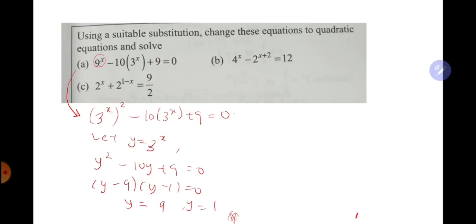No, not yet. Earlier we let y equals 3 power x. We want to solve for x, not y. So since y equals 3 power x and your y is 9, you can use